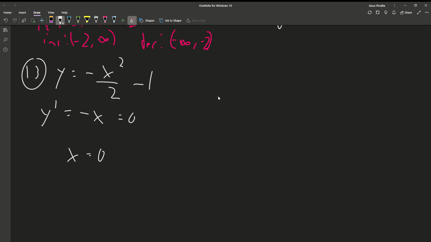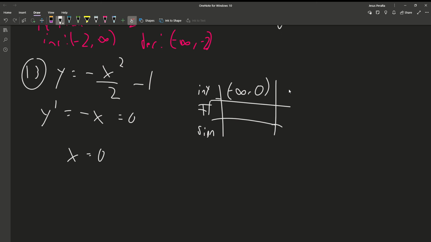So then it would be from negative. Oh wait, let's do the chart. I'm going a little bit too fast. Never want to do that in calculus. Interval, number, sign. Interval is from negative infinity to 0. If I'm not mistaken, for number 13. And then we would have 0 to infinity,